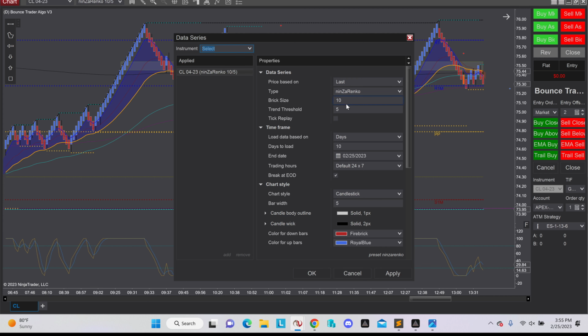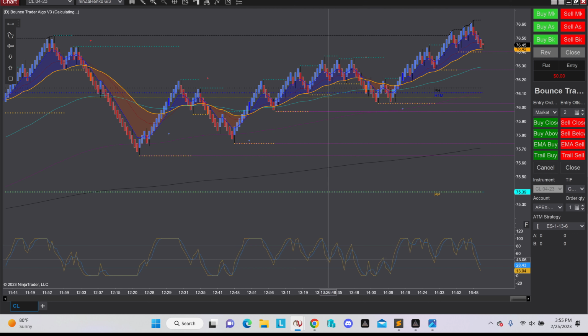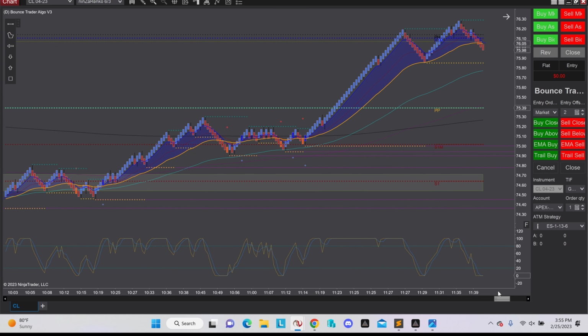a different time period, not time period but brick size. So let's say it's 6.3. If 10.5 was too big, we're gonna load 10 days, 6.3 bars, and let's look at, if I was gonna trade